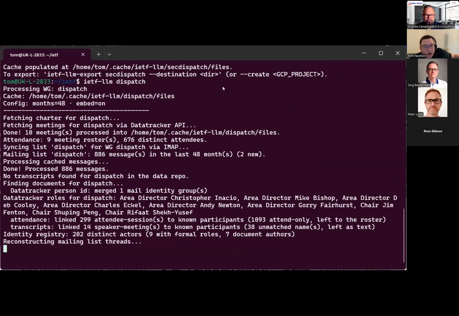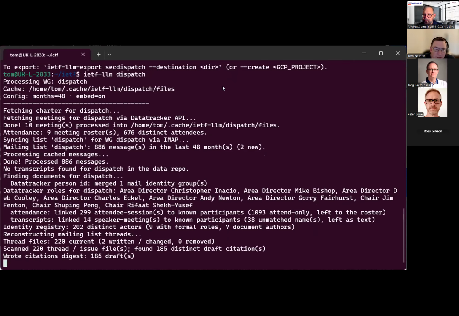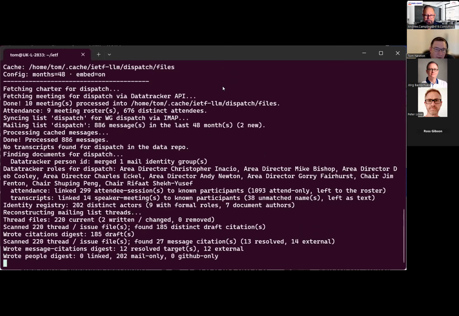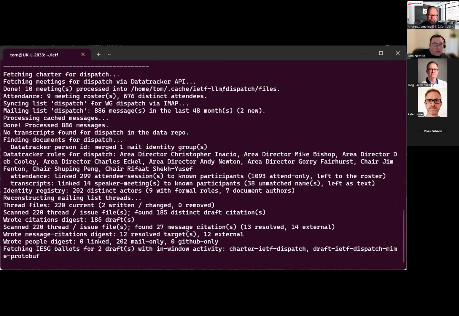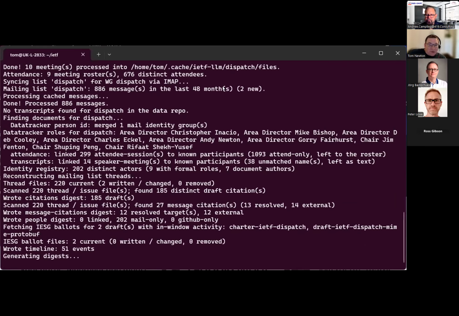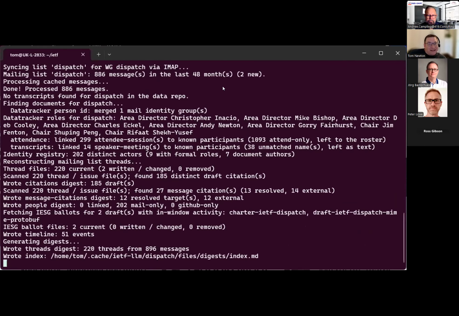Looks good. Super. So yeah, 48 months is a good deal longer than the standard, which is 12. But I was looking in my first few searches for the history of what had happened before, rather than the other use case, which is I want to catch up on what's recently happened. I was a bit worried that it would take a long time. This isn't doing all 48 months. This is just pulling whatever's happened since I last used it, which was last week.